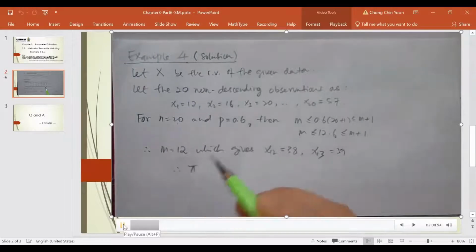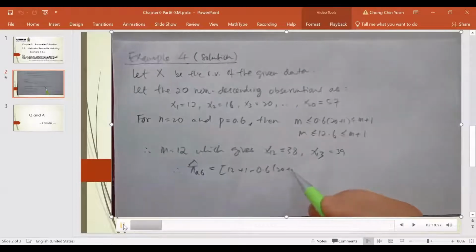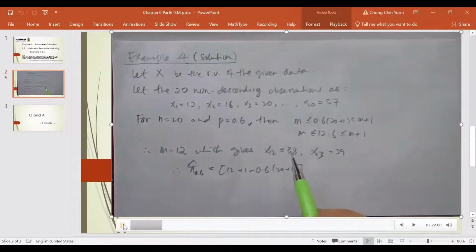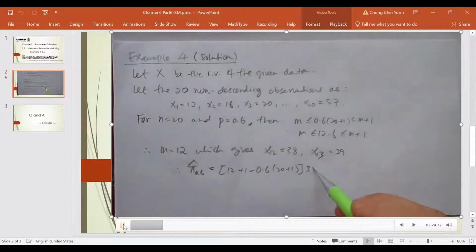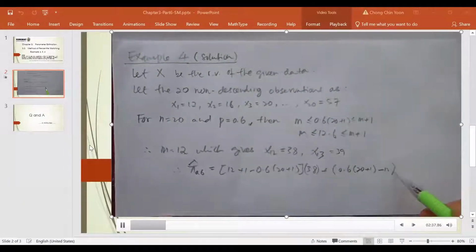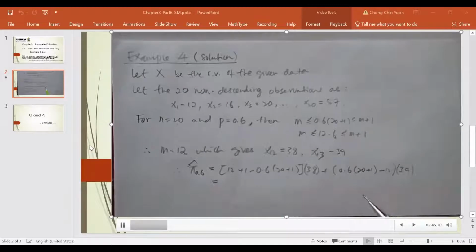So we will have the estimate of this 60th percentile, which will be equal to 12 plus 1 minus 0.6 times 20 plus 1, times this 12th observation, that is 38, plus the probability, that is 0.6, multiply the n plus 1, minus m, which is 12. And this result multiply the 13th observation, that is 39. So this will give me about